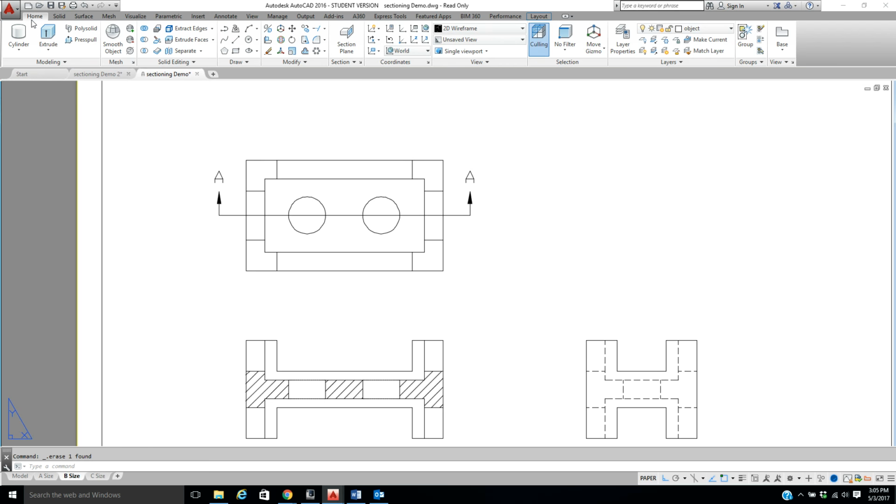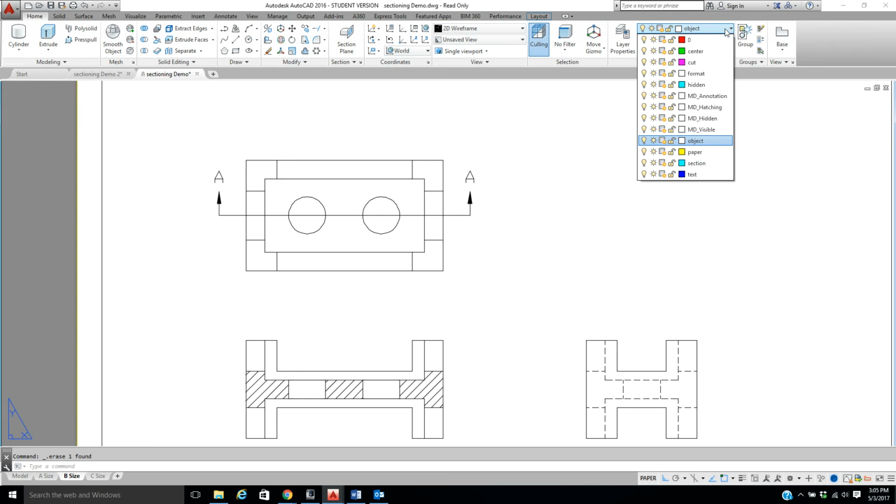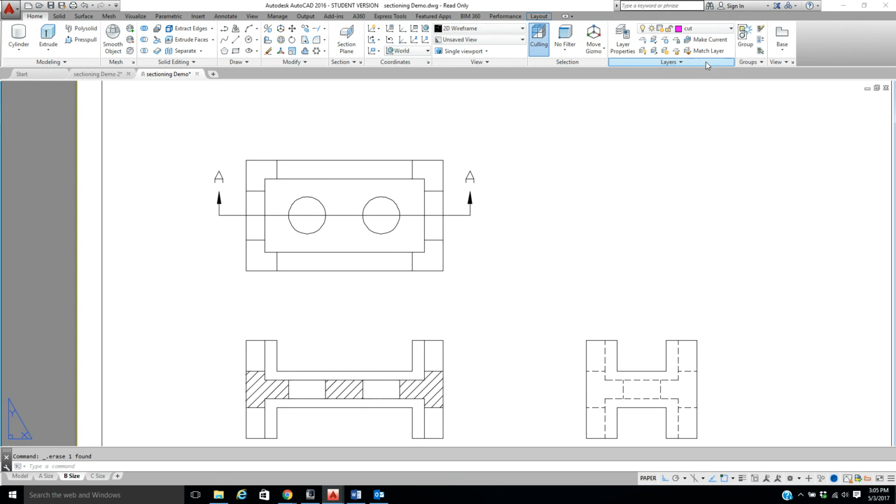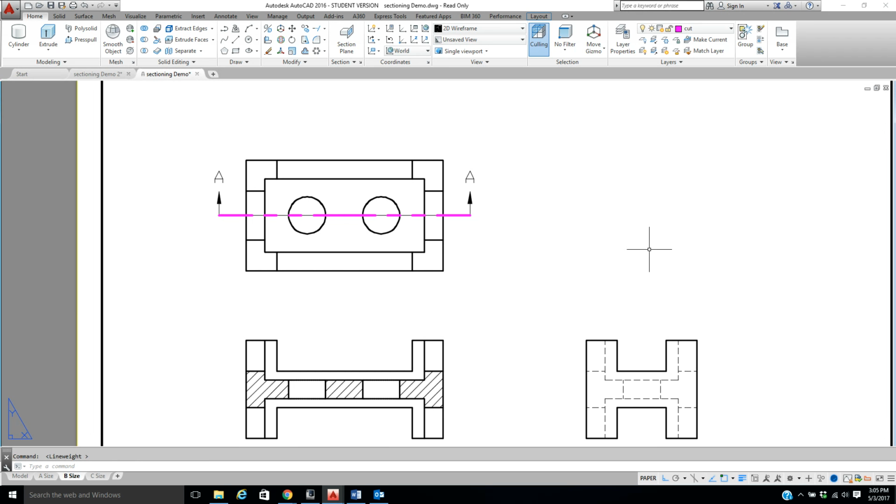So for us, I'm going to come back to my Home tab. I'm going to come up here to my cut. I am going to take a regular line and I'm going to pick from endpoint to endpoint. If I put my thickness on, you can see it a little better. Okay? So now, with this, I need to add those lines of sight. What I'm going to do is come to my Insert,